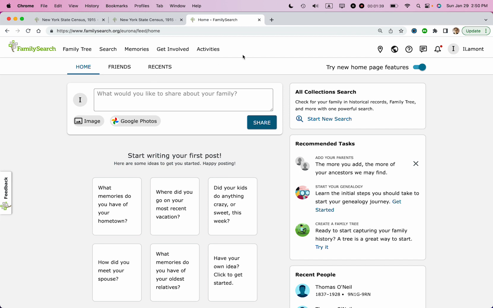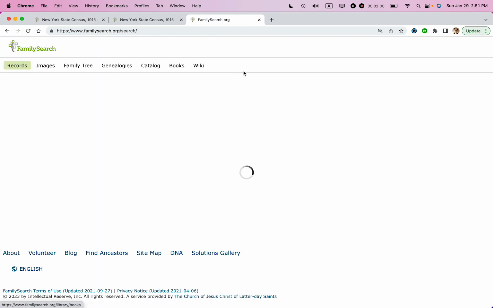This is FamilySearch. I'm logged in. FamilySearch, by the way, is a completely free service to register for, and almost everything that's available on the site itself is free, but sometimes they'll link off to paid sources like Ancestry. But I'm going to explain how to get around that particular issue if you encounter it for the New York State Census. So what I do when I come to this particular page, I can either go to Search Records,